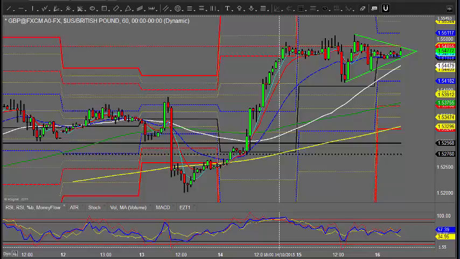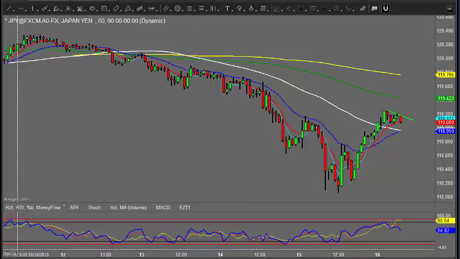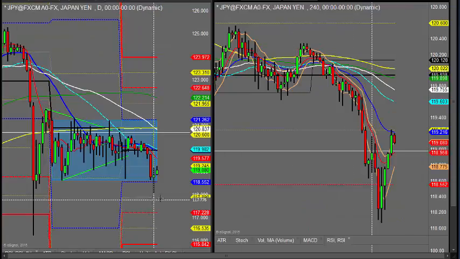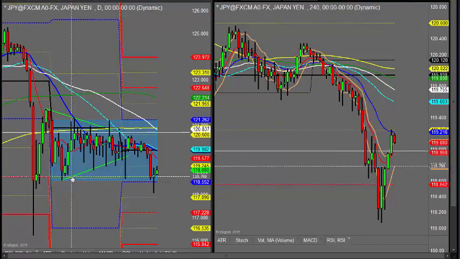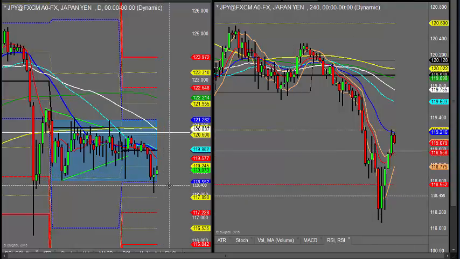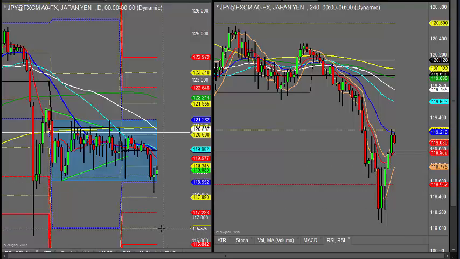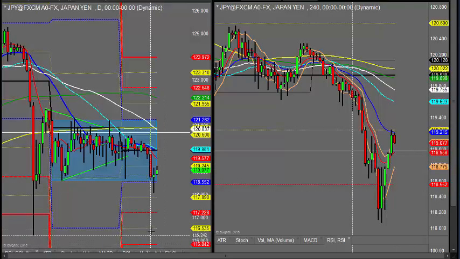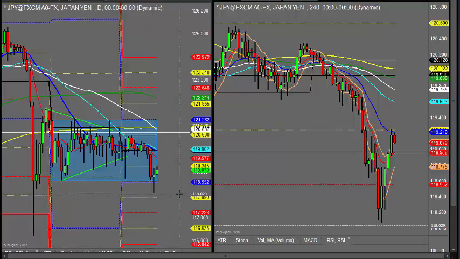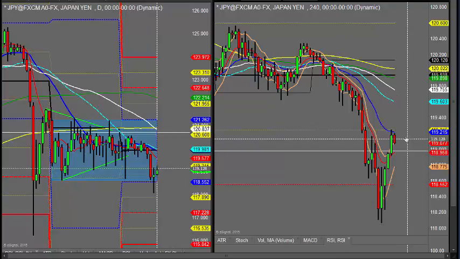Okay, and finally, Japan, dollar yen. No surprise to see it close back in its range. It did actually make a break of the lows of that range though. Yesterday it looked at one stage that it was going to dive and run back towards that 116 area. Still a possibility it could do that. It's just running back into some resistance here at the moment,